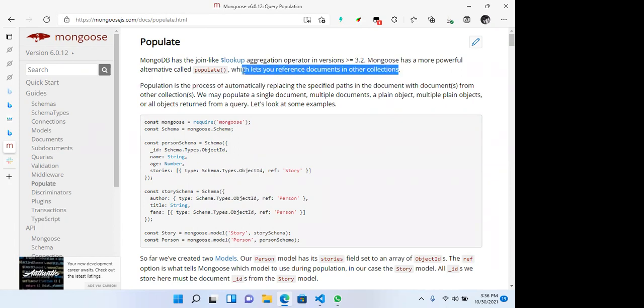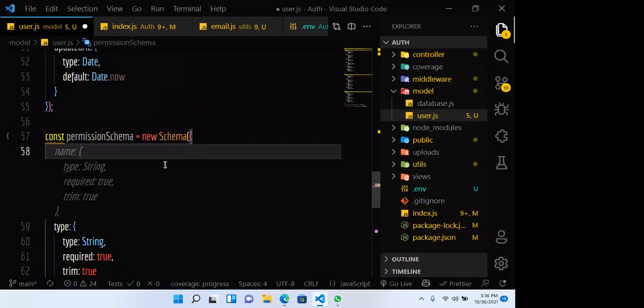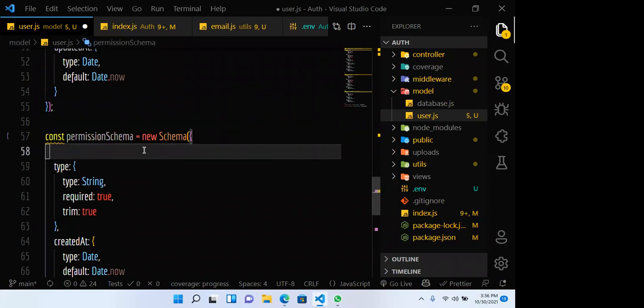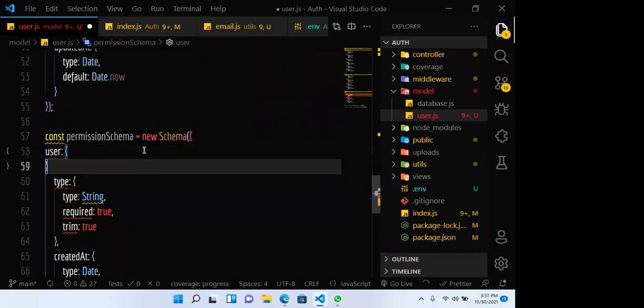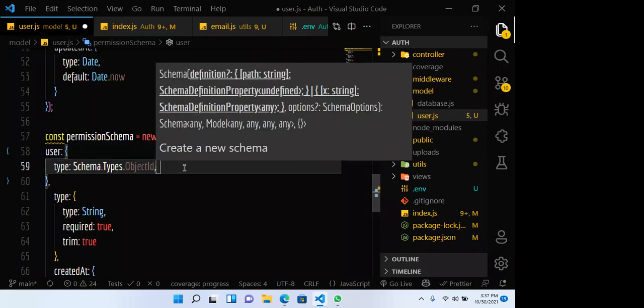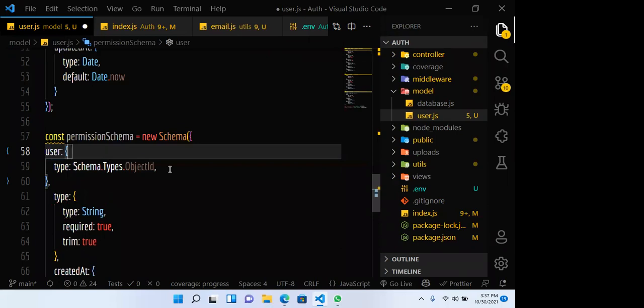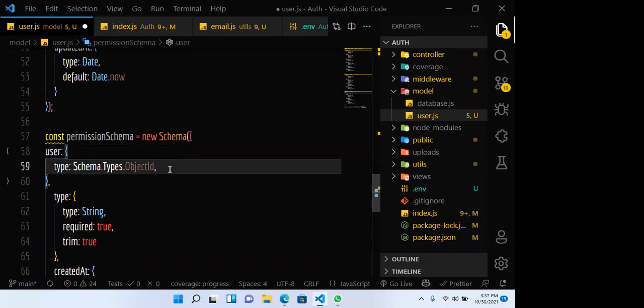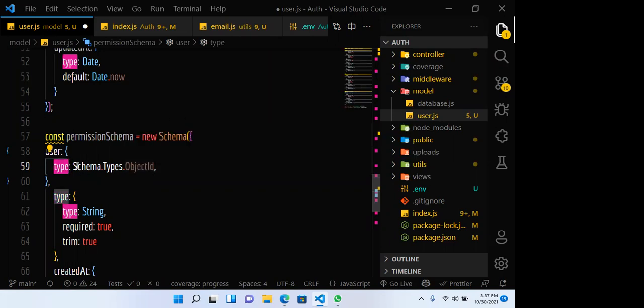So we are going to have this user here. I mean, this permission table we are creating here, let's say for the user. So we'll create another field, user. We want to use it to know the user that has this permission. So next time when we want to fetch the user's permission, we'll be able to just fetch the username alongside, maybe the user account details alongside, right? So now here in this user, we are setting the type to be